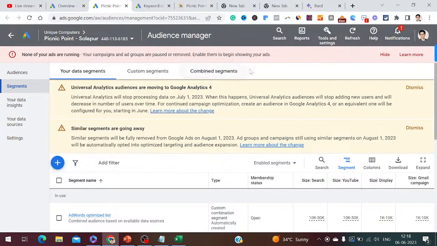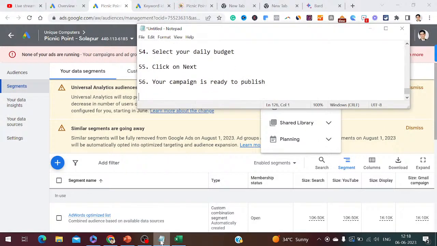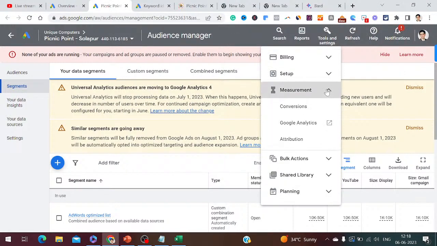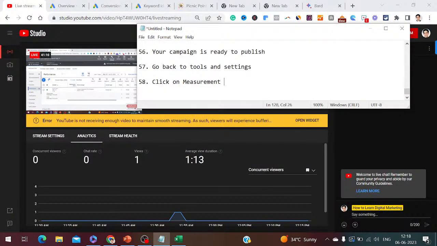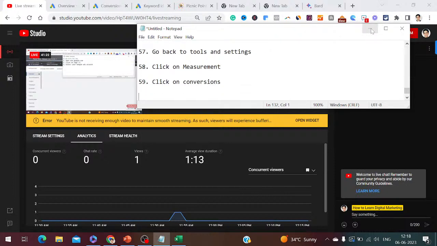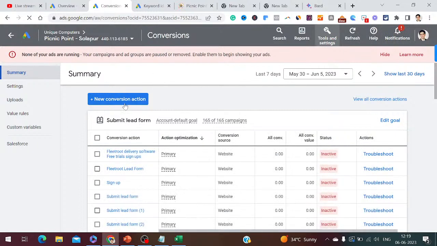So when you're running a search ads campaign, right, so I'll go back to tools and settings, okay, then I click on measurement, okay, measurement, then click on conversions, I go here, then you have to click on plus new conversion action,